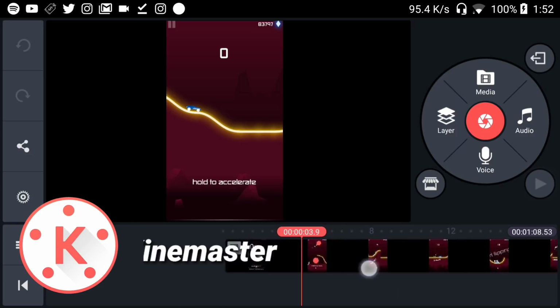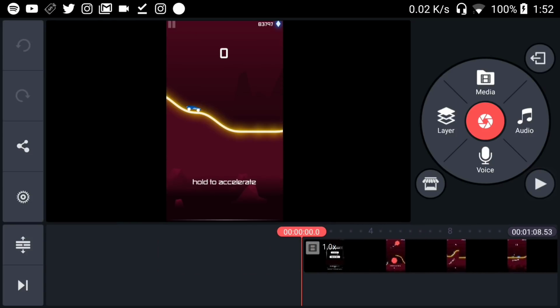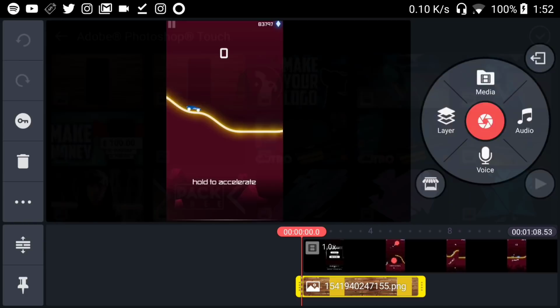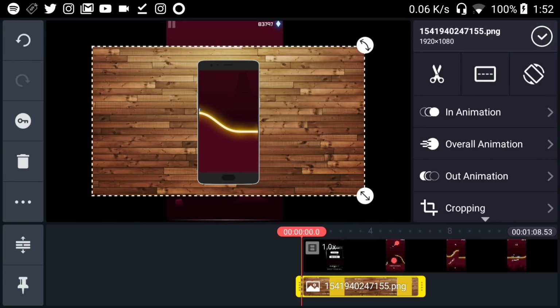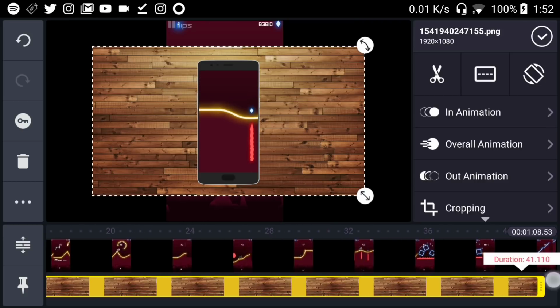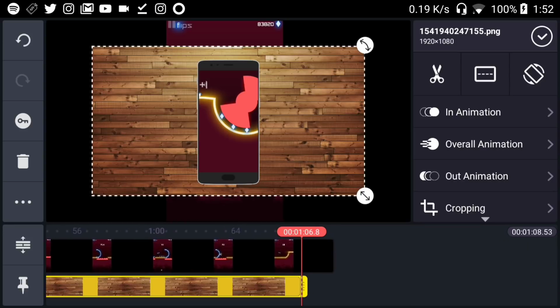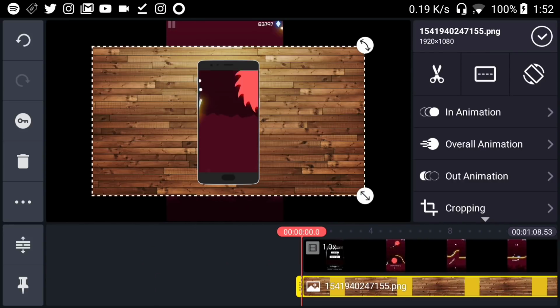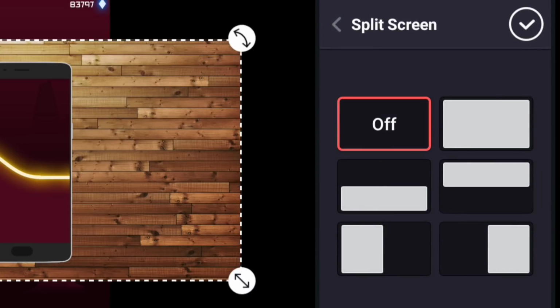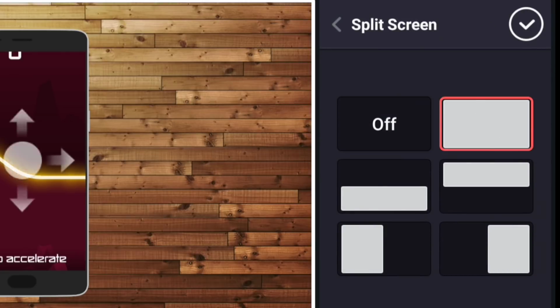If you guys don't have it, the link will be down in the description below. I've already added my very own vertical video that I want to add the effect to. Now go ahead and hit on that media button, and just like this, we just imported the image that we made on Photoshop Touch. Make sure you go ahead and stretch that layer until it reaches the end of the video, and then go ahead and hit on that split screen options and hit on the full screen split option,